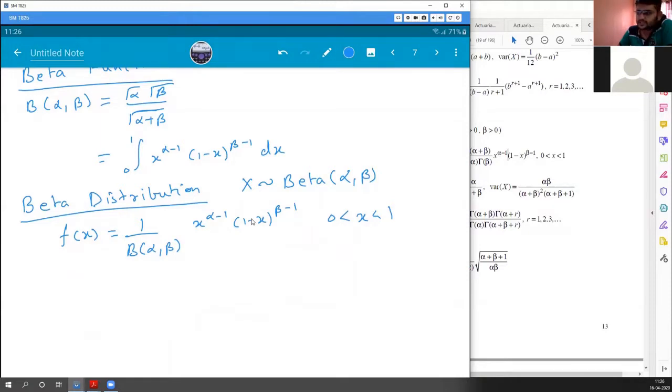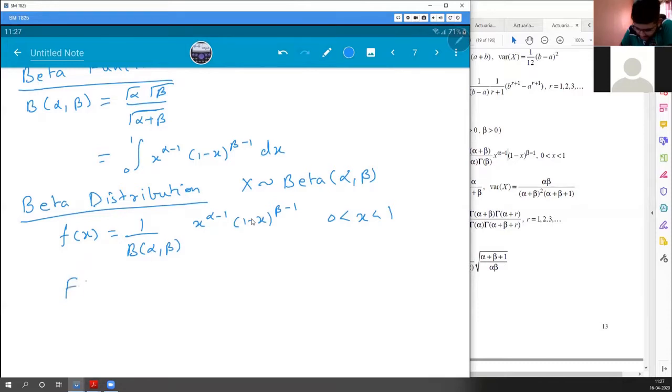Now naturally, because it is so versatile, we will not be using it at all. We very rarely use beta distribution, and the reason is because it is very complicated to solve. Again, the problem becomes that the integration of this cannot be done very easily. So unless we have a very small value of alpha and beta, we'll not be able to find this integration. If I have an integer value of alpha and beta, then it is good enough. If it is not an integer value, again, it becomes very difficult to solve this integration.